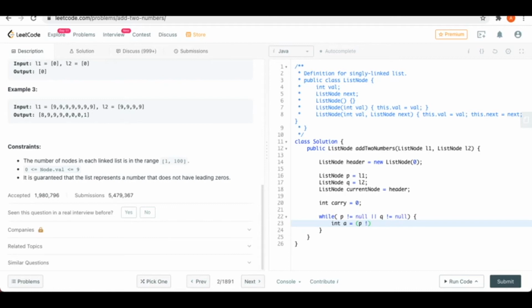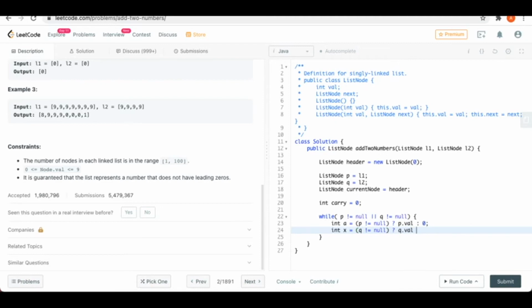Of course the better way would be to use Objects.nonNull, etc., but for this purpose, because this is int, it should be fine. So in int a, I have p dot value or 0, based on whatever value was there or not there in the linked list.